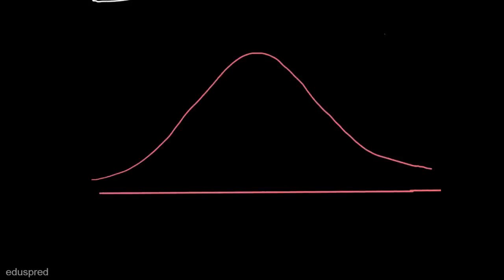And we are given that alpha is equal to 0.05. Now because this is a right tail test, our rejection region will be somewhere here, and this is 0.05. So the probability that the t value will lie in this area is 0.05. So to test this